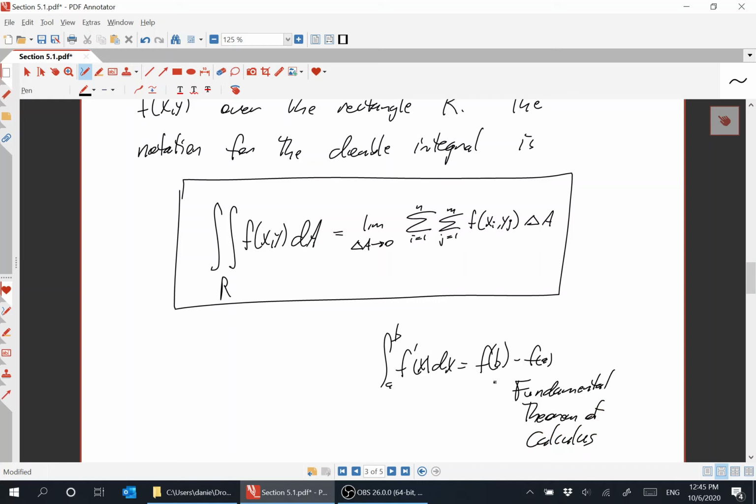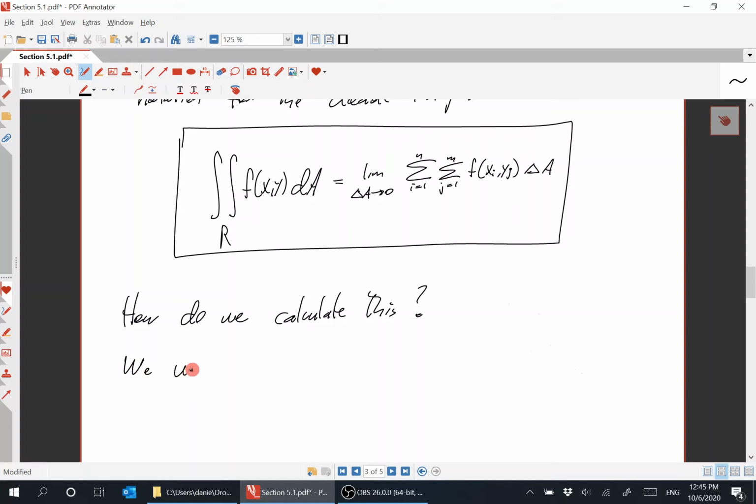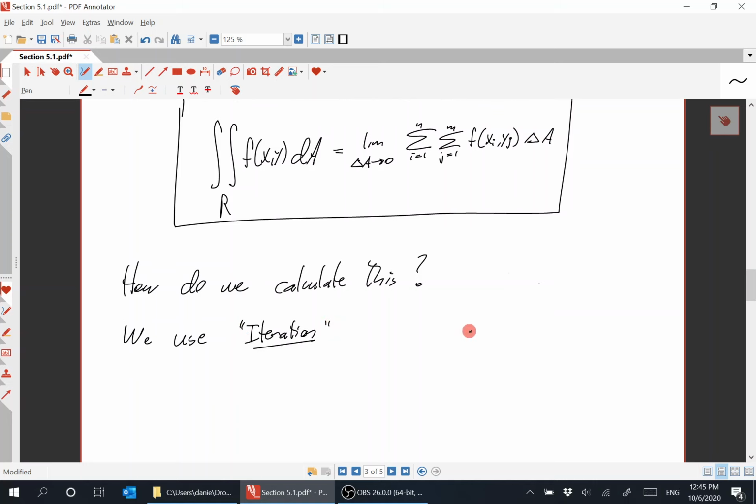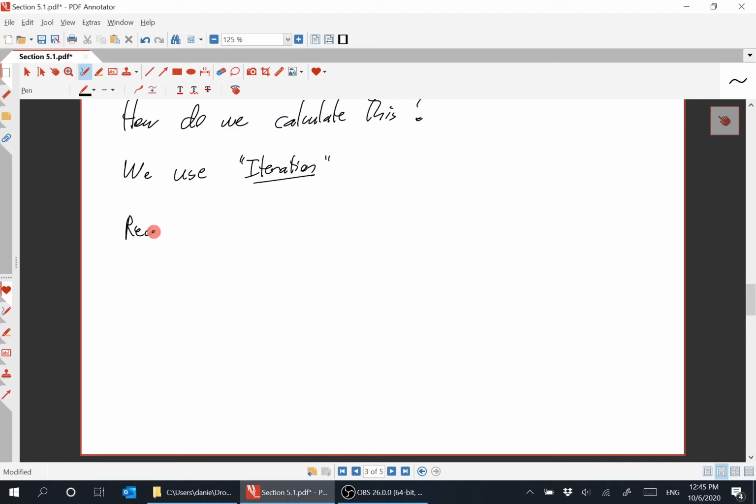Well, we can adapt that to this case. We don't actually need a new fundamental theorem for double integrals. We just adapt this one to this scenario using a technique from Calc 2. So how do we calculate this? Okay, we use iteration. So for iteration, it looks like this. So recall from Calc 2